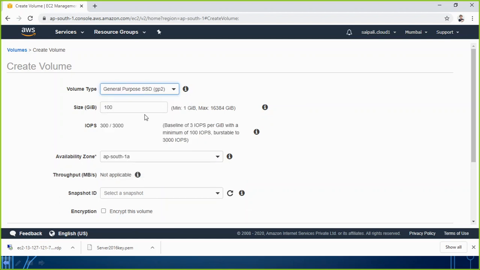So I'm going with the GP2 because it supports 1 GB, and let me create a hard disk of 1 GB itself. So I define here the size 1. So IOPS it is giving me 100 out of that. Availability zone,